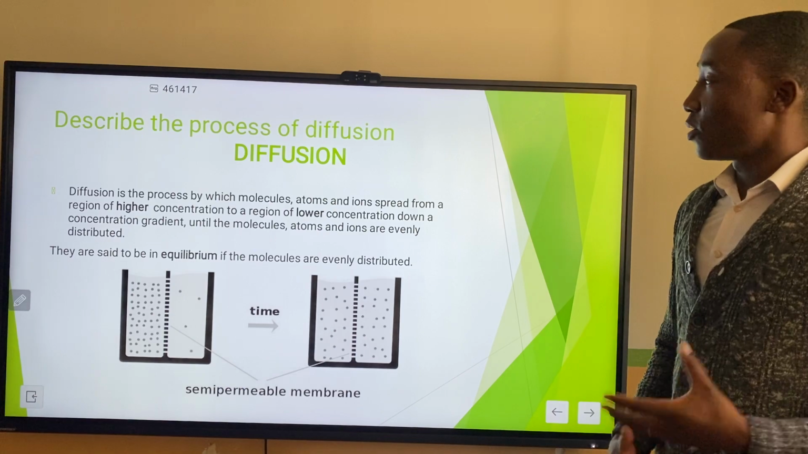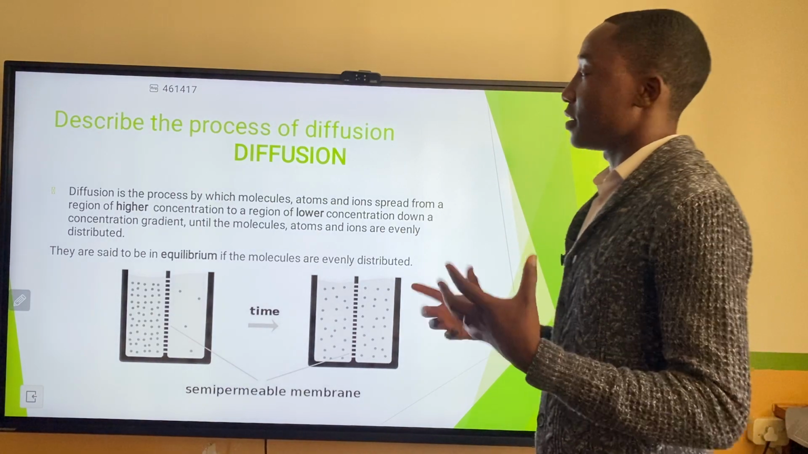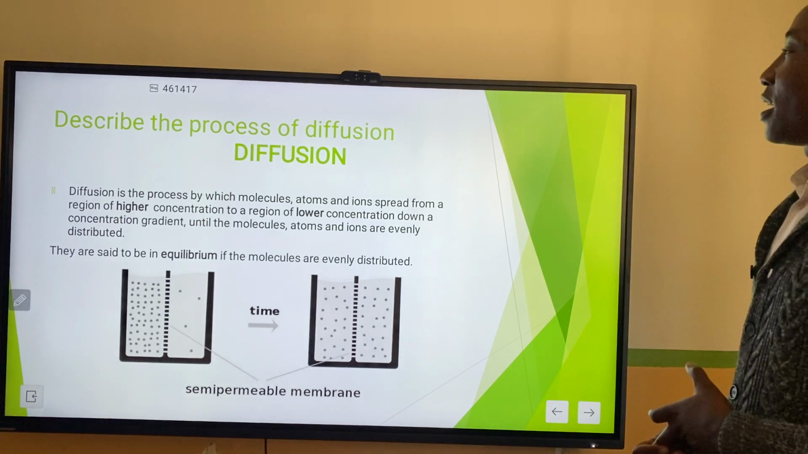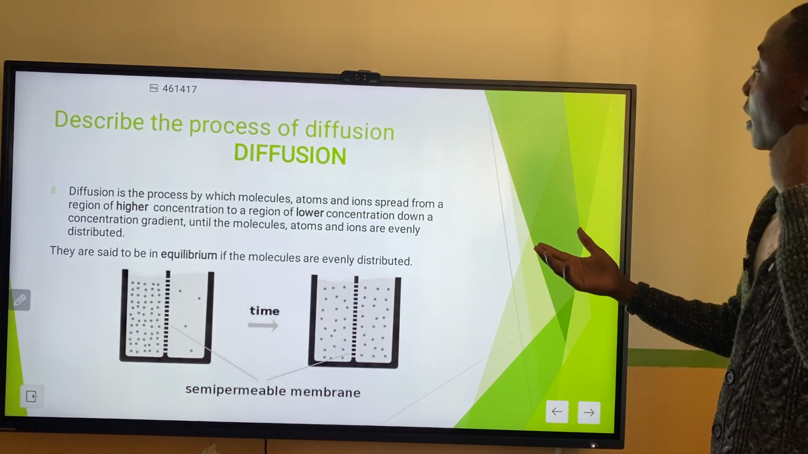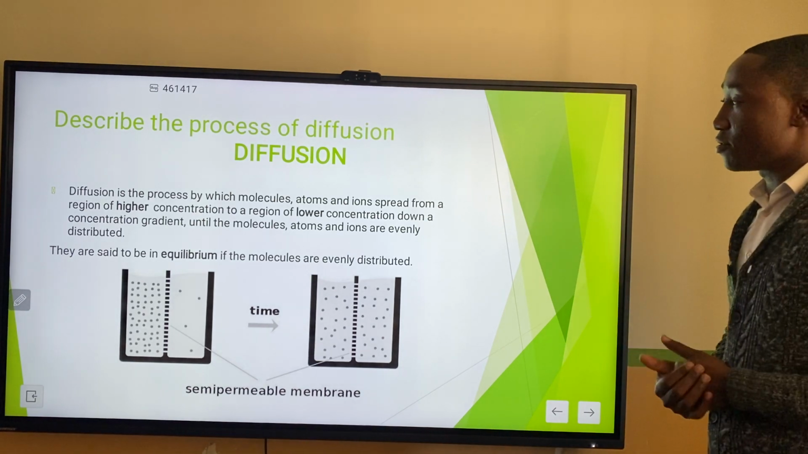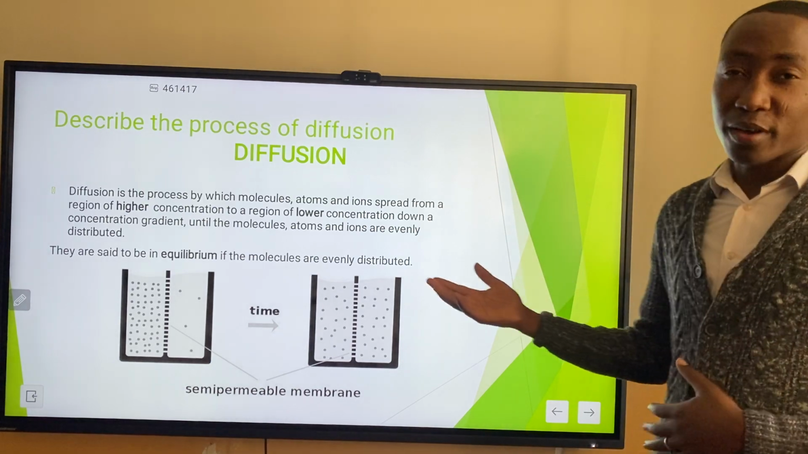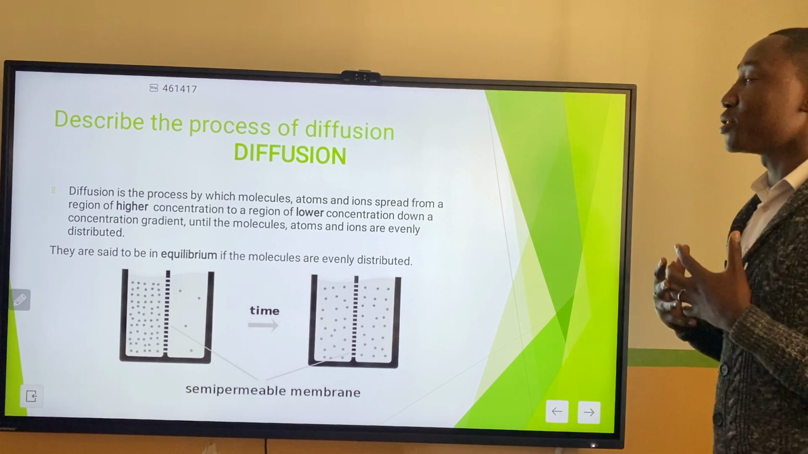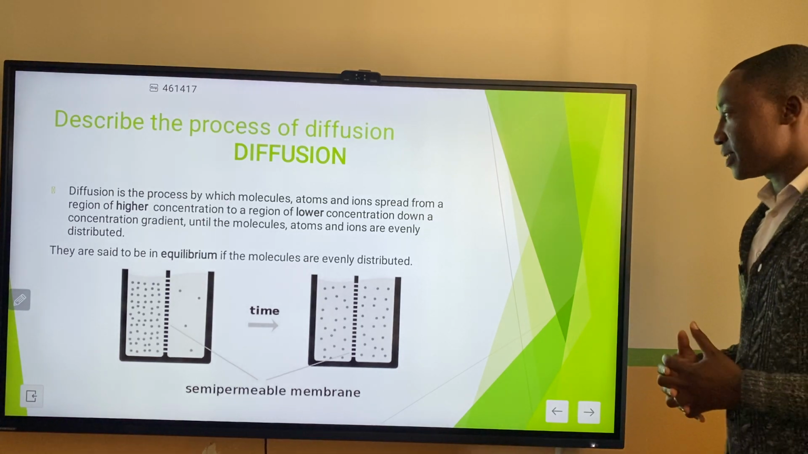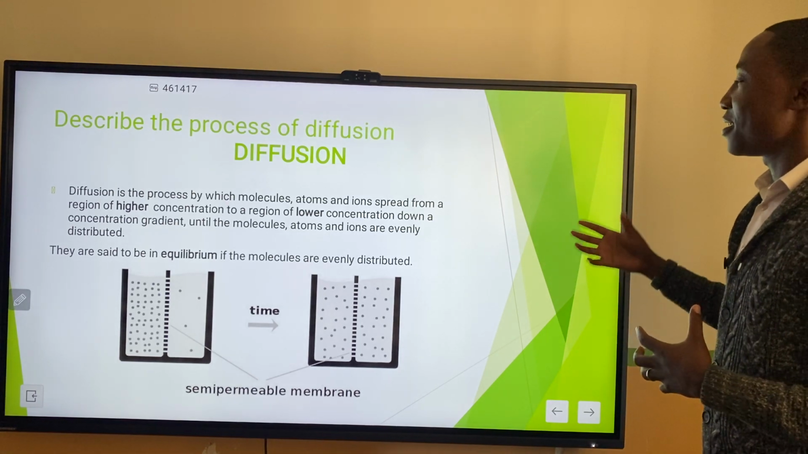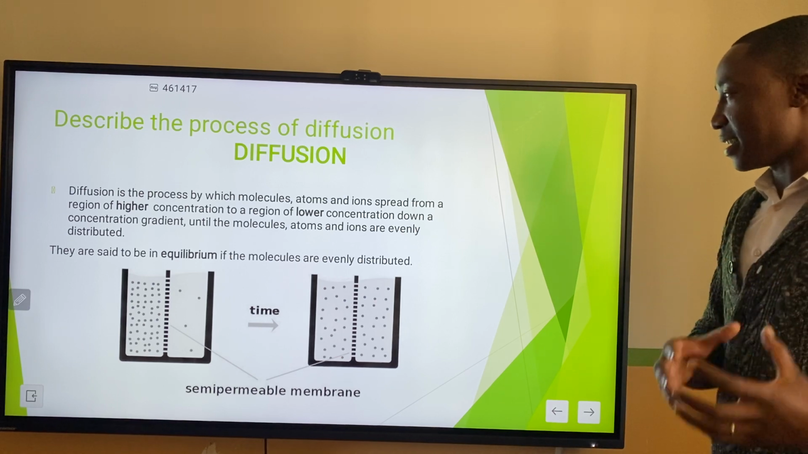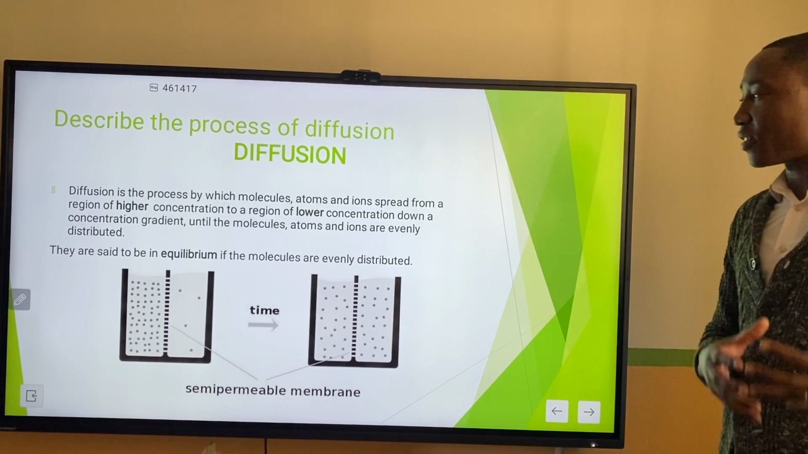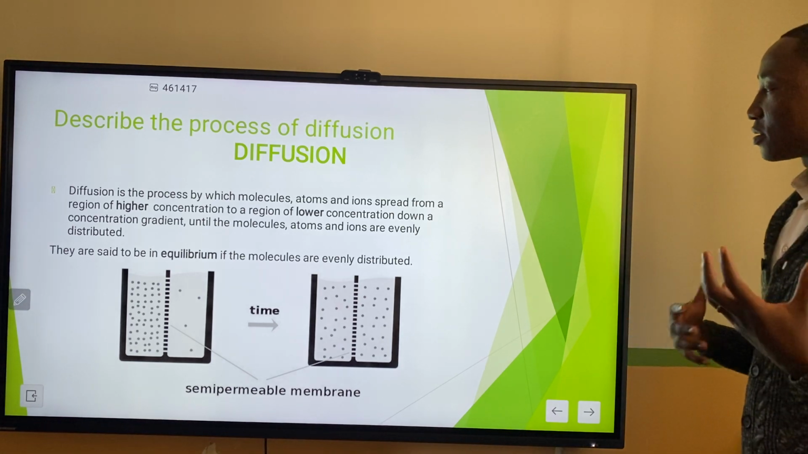Okay, so like she said, we're going to be talking about diffusion, osmosis, and active transport. So firstly, we're going to have to understand what diffusion is. And the definition we got here is, it is a process by which molecules, atoms, and ions spread from a region of high concentration to a region of low concentration down the concentration gradient until the molecules, atoms, and ions